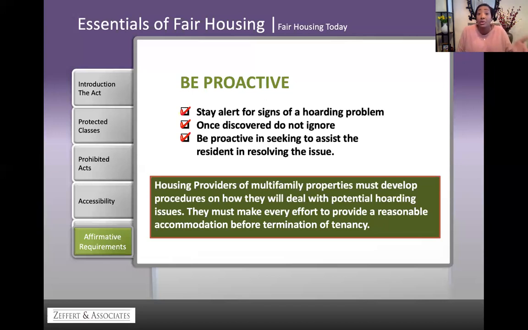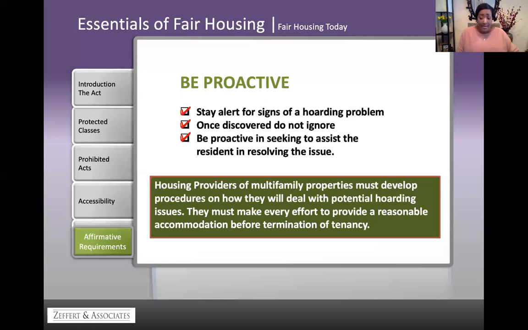I don't have the problem. You have the problem with my stuff, right? And the fact of it is we do, because I have to make sure I keep the property decent, safe, and sanitary, and the unit is in disrepair and it's not abiding by any of those regulations. So it definitely may escalate to the point where management and legal counsel have to get involved to guide you as to what your next step will be. But my biggest takeaway is for you to understand, you want to be able to demonstrate to all the powers that be, here was my interactive dialogue from the time I was alerted of the situation. We talked to the resident, we gave a cure period.